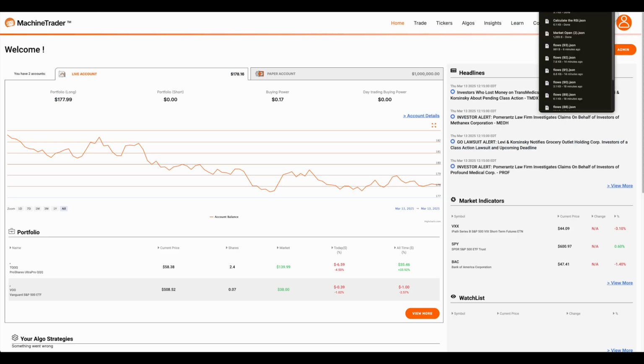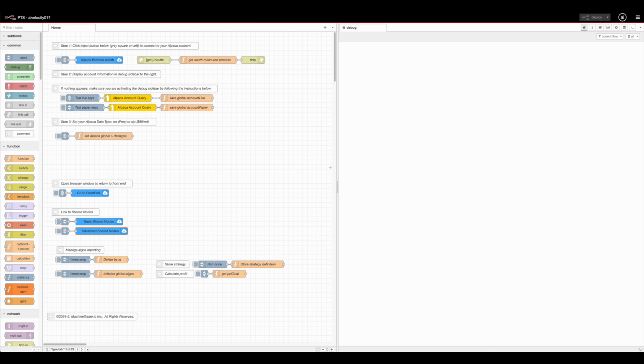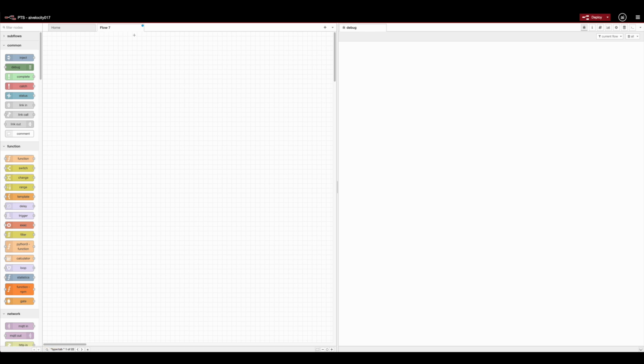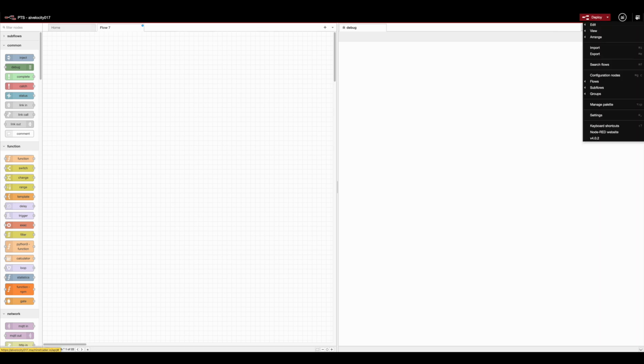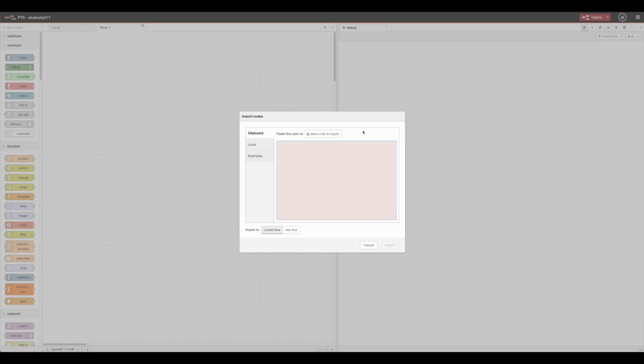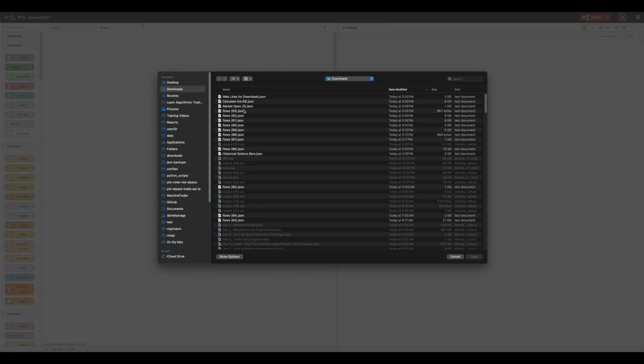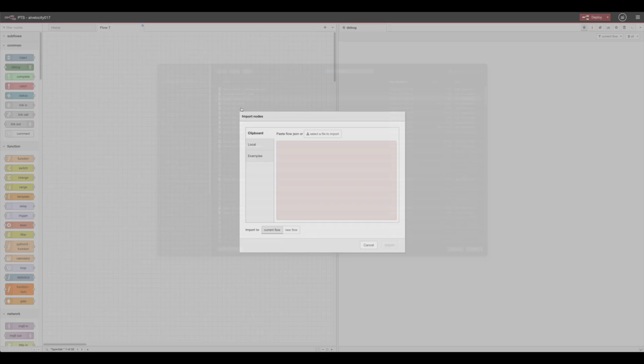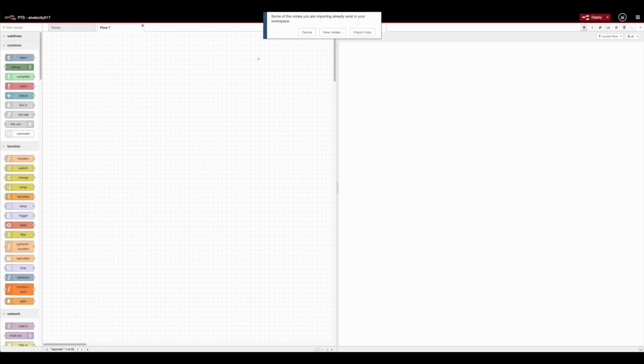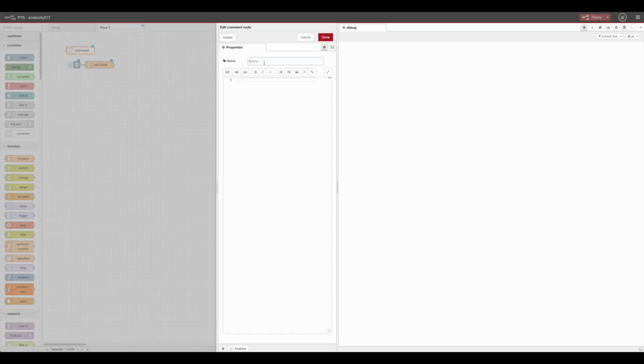So I'm going to return to my instance. And let me show you how to build a flow. So we start out by creating a new tab. And I'm going to upload the file I just downloaded, Market Open tab. Okay, and let's start with a comment. I typically like to explain what's going on. So we're going to be